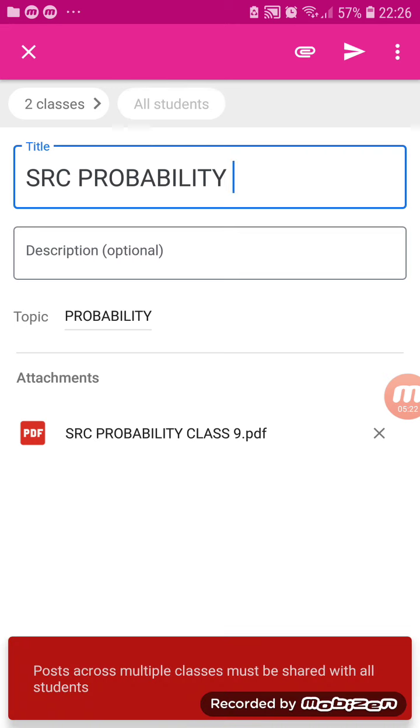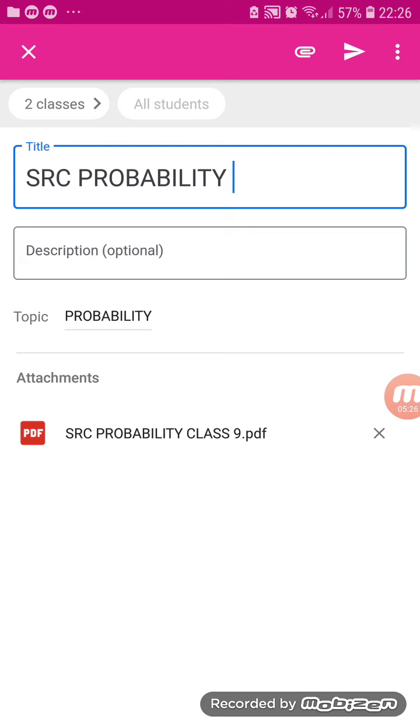If I would have liked that it should be with respective few students, then I could have taken it class wise. For example, we have been sharing assignments of remedial classes by selecting the students and then sending. So this is done. It will go to 2 classes.